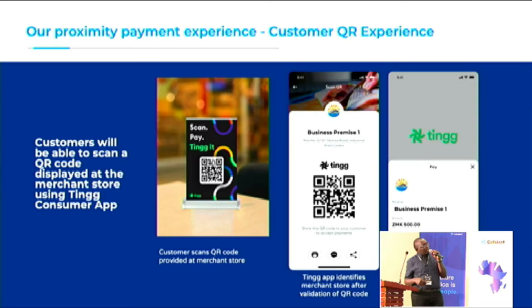Another way for the customer to pay, we also issue QR codes. So this is for the customers who just want to pay via the Ting app. So either the app or web, the customer can go to their Ting app and scan that QR code which we issue you as the business on the specific counter. What this QR code does, it uniquely identifies the specific pay point from where the customer wants to pay. So the customer will either scan this from their camera, it will open a web page, or if they scan it from within the app, they'll just be presented with the payment options. The code already identifies which merchant you are going to pay, which pay point this is. You just need to enter an amount as the customer, and then